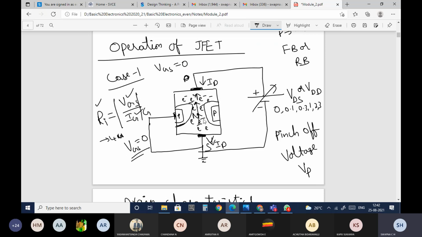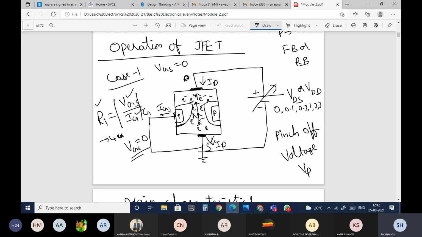So input impedance is where you are giving the input voltage. To calculate the input resistance, it is given by VGS, the voltage across the device, divided by the current IG. If you observe, since it is reverse biased, the current through this, IG, will be very less.